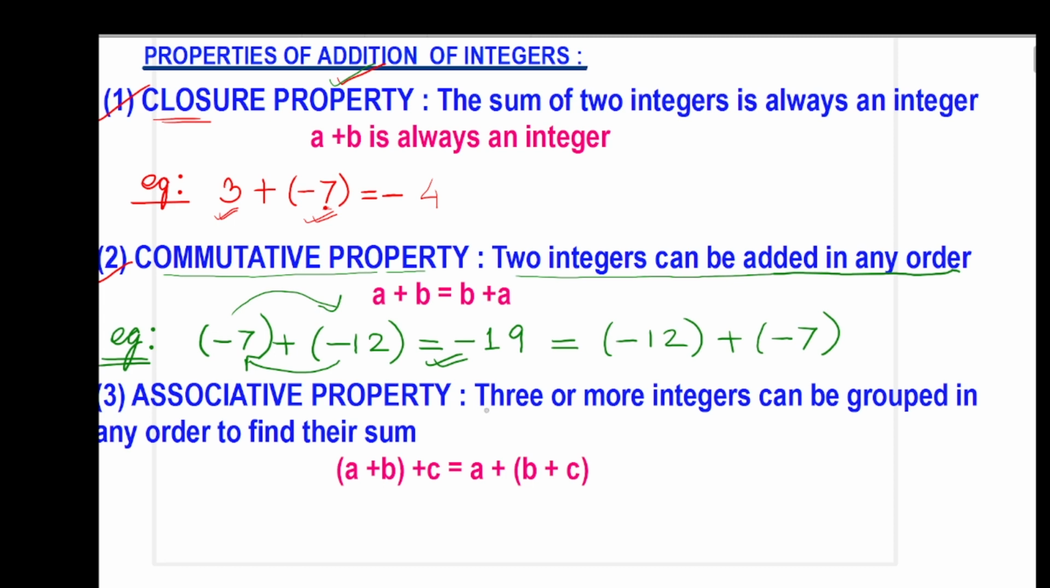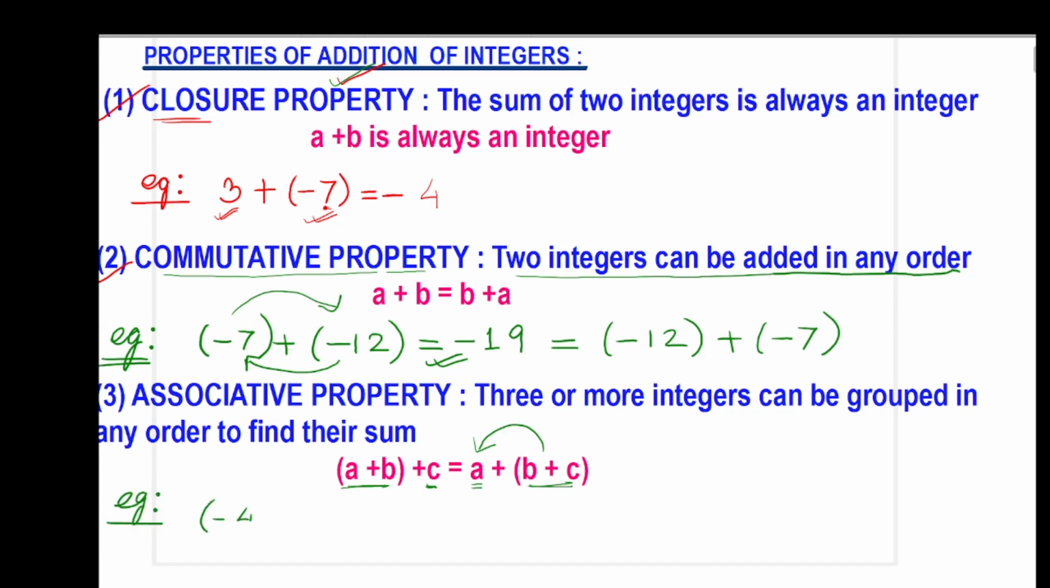Here, what is the associative property? 3 or more integers can be grouped in any order to find their sum. Okay. It is not necessary that first you have to add these two only, then add C. It is not necessary. If you add the last two first, then add the first number, then also you will get the same. Okay, let us take one example, which is